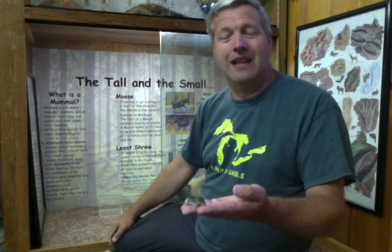So, what is the lesson we can learn from this small little shrew? Well, you know, it reminds me about many stories in the Bible where God has chosen not to use the mightiest and the strongest, but in fact to use the smallest. Can you think of one of those stories? Well, my favorite is a story about David and Goliath, where this great big guy called Goliath, and God could have chosen an army of angels to send. He could have beat up Goliath with a huge storm and an earthquake. He could have sent the Israelites' strongest guys to fight Goliath, but instead, he chose wee little David, a little